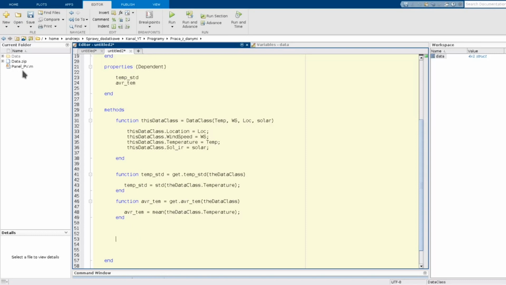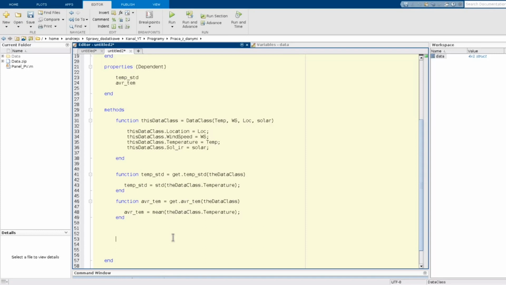The function is quite complicated, not too much, but it is a mathematical model of a PV panel, which, if you want, let me know in the comments. I will prepare another video about it if a decent number of people want it. But for now, just use this function here to see what the advantage of such usage is.